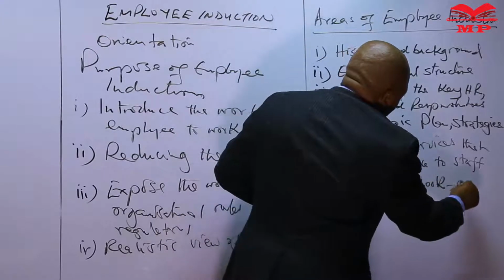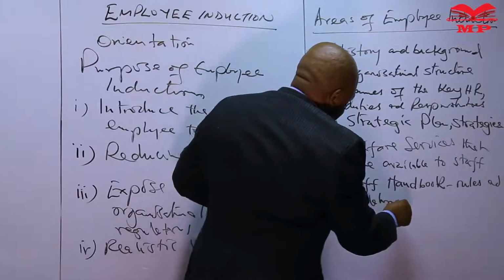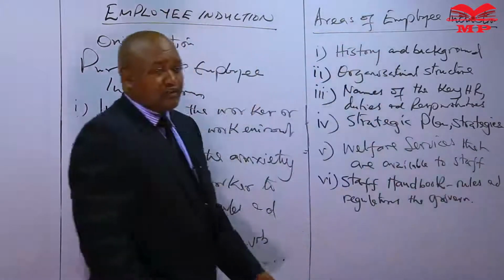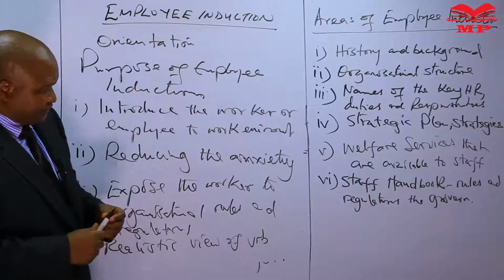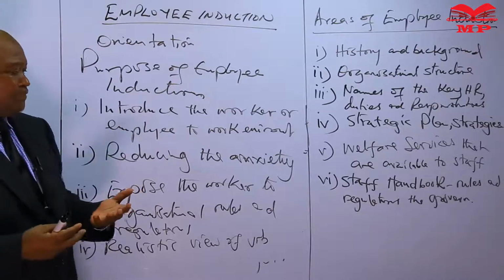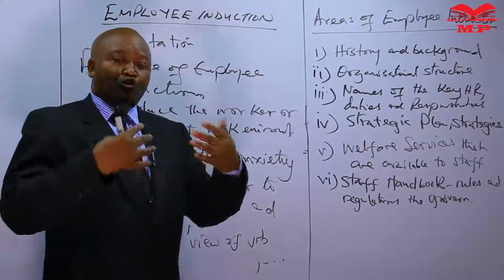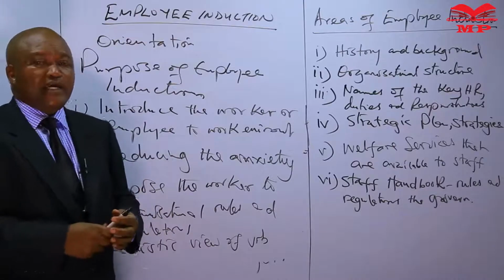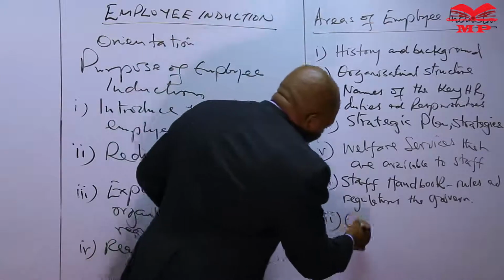Employees may also be oriented through the staff handbook that contains rules and regulations that govern the employment contract of that particular employee and other employees within that particular setting. This helps the employee so that the employee can now know in cases, for example, of annual leave, where does the employee take the annual leave form, where does the employee get support in relation to workplace operations, as the case might be.